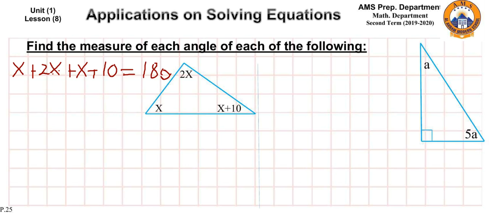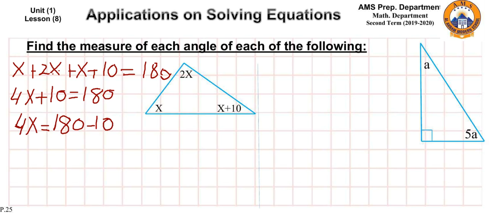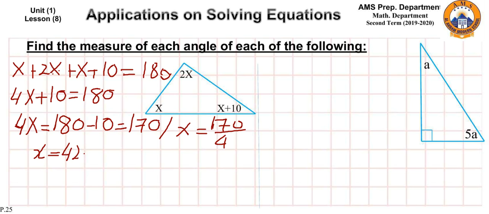We have 4x plus 10 equals 180. Now 4x equals 180 minus 10, which equals 170. Finally, we can find that x equals 170 over 4, and this will be 42.5